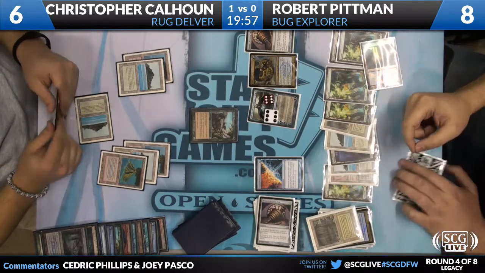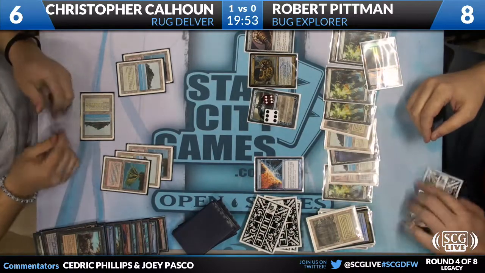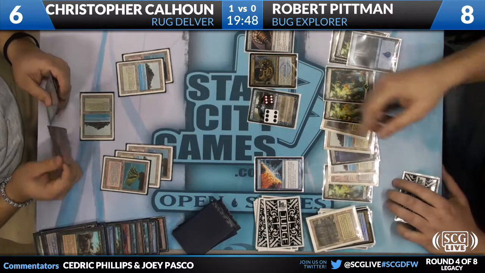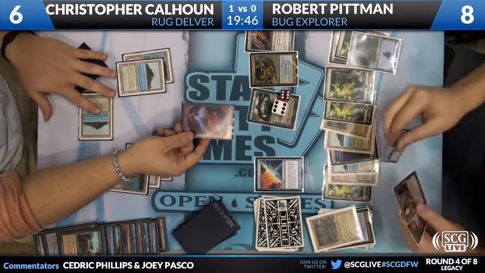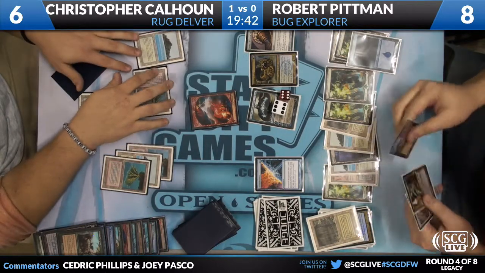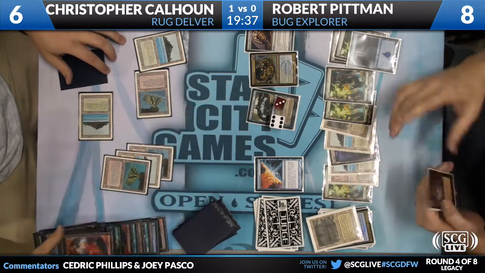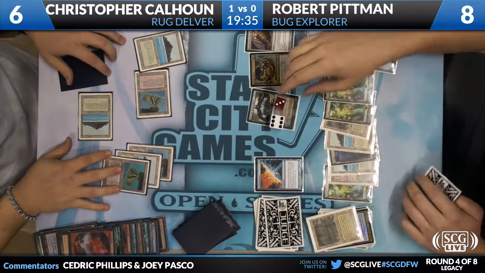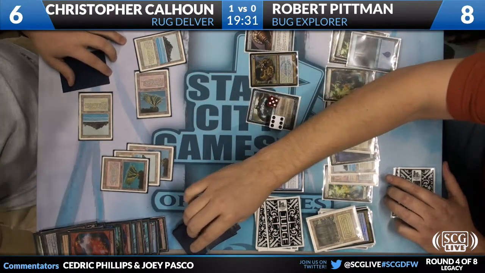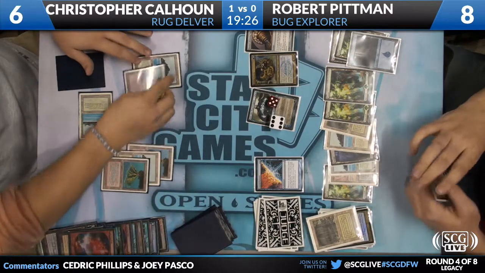Counterbalance shows Top on top. Kindly leave. Robert untaps, draws his card. Oh, look at that. A Jace. You're going to do that in the draw step. Yeah. You can just put his Top back on top or just let Jace get down there. Just let it. Chris, you're drawing out this game unnecessarily. I don't know what Chris's plan to get out of this is, but